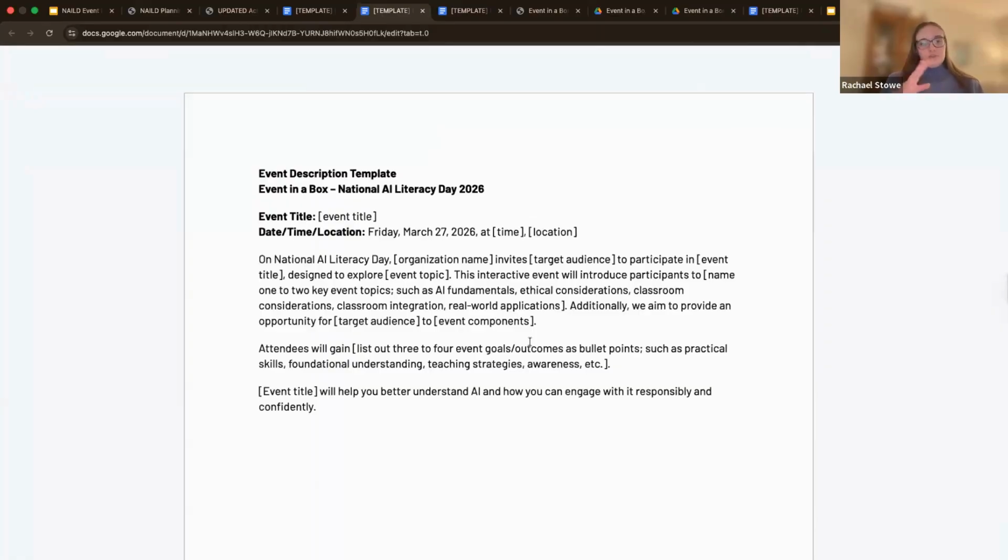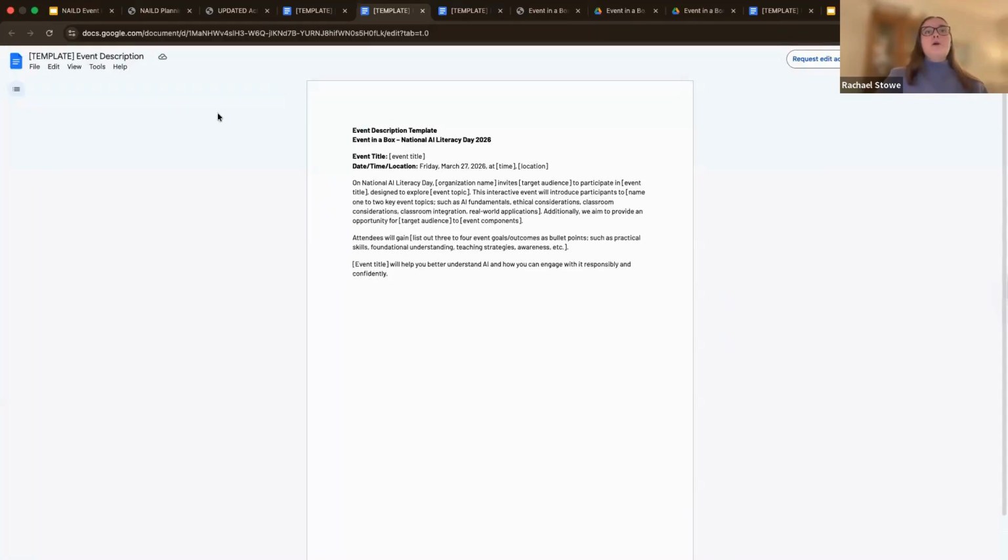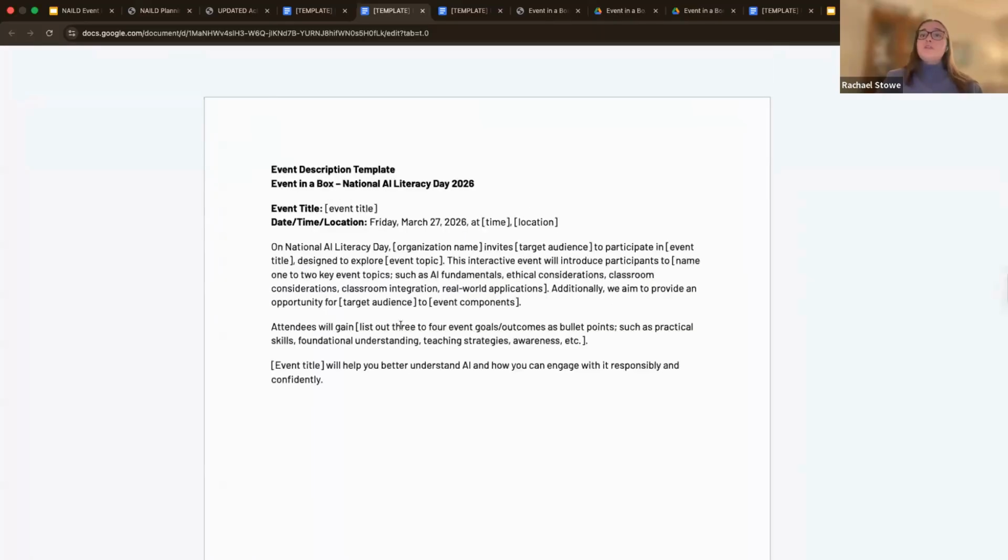All of these files are view only, so you'll just make a copy. You will go up here to File and then the Make a copy option. I'm not signed in right now, so I'm not able to, but you should be able to. And then you can just fill in your details. So event title, most of these have Friday, March 27th as the date, which is National AI Literacy Day, but you can always change them if need be, your organization name. And then this is where you're going to want to really draw upon that timeline to think about your event components and think about the activities that you've chosen to develop event goals or outcomes that you can